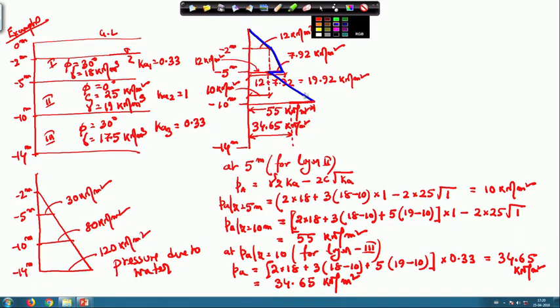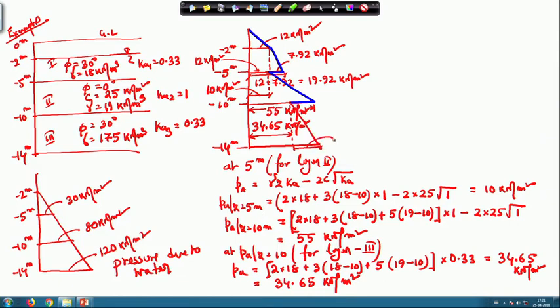So, if I take this earth pressure diagram, this will go inside. Now, the final one, the earth pressure diagram at 14 meter. So, it will continue like this, and then an additional part will come due to the third layer.